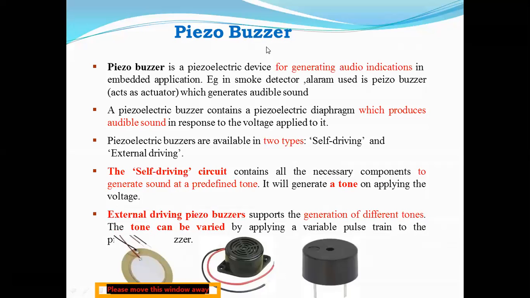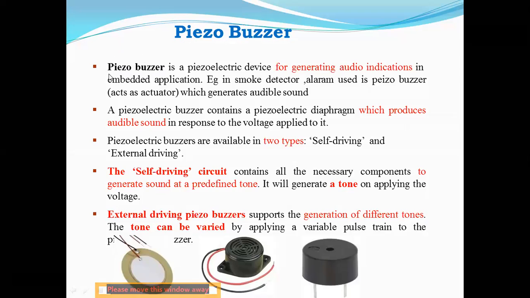Next, you will see the piezo buzzer. What is this piezo buzzer? Again, I said this piezo buzzer also acts as an actuator. I just want to give you an example of a smoke alarm, right? A smoke detector. In most houses, when you are not inside, suppose smoke has occurred and the alarm has to beep, right? So what happens in the smoke detector? Again, both sensors and actuators are installed. First, it will detect the smoke with the help of a sensor, right? Then it has to produce an alarm. How is this alarm produced? Using the actuator.